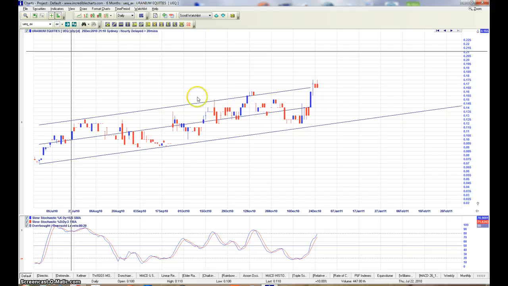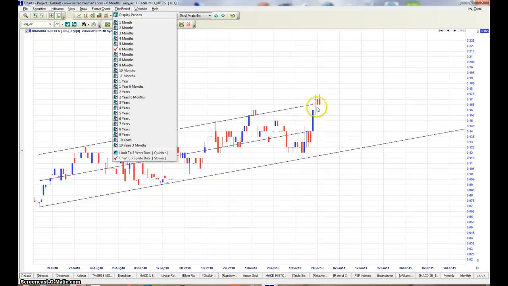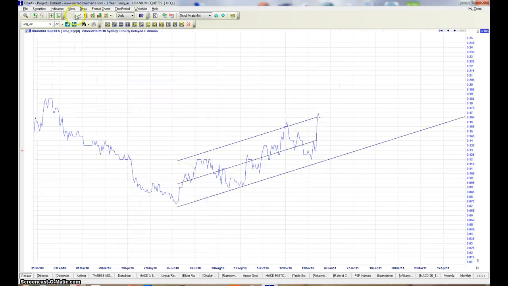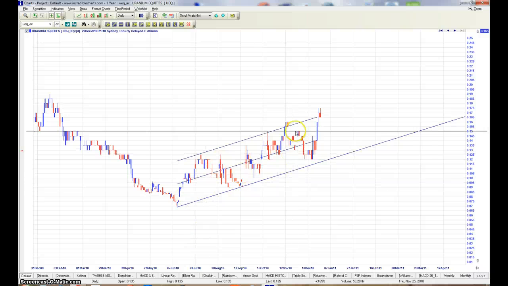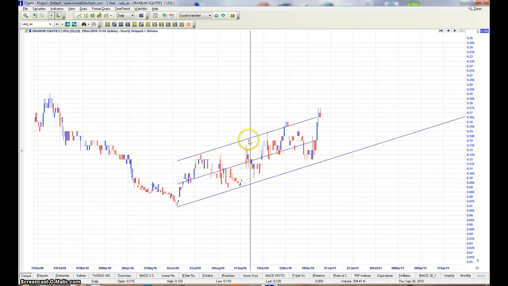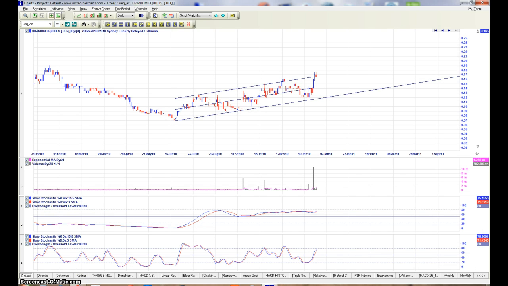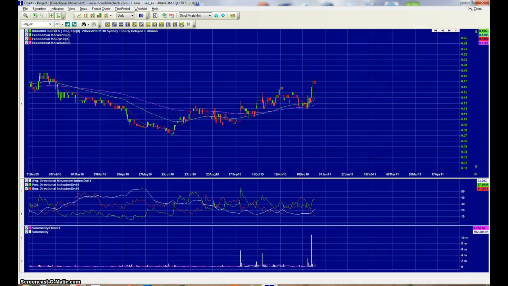UEQ, uranium equities. Okay, so this is another one I've charted before, obviously, a few days ago. But there we go, there's a bit of a volatile channel there, so it's gone from this bottom here, it's come up, hit that top channel, come back down, it's been bouncing between there, had a bounce back down here, having a bounce back there. Logic would say it might want to bounce back down, but what I find is if you look at the directional indicators,